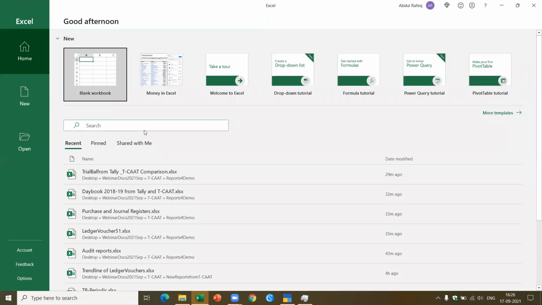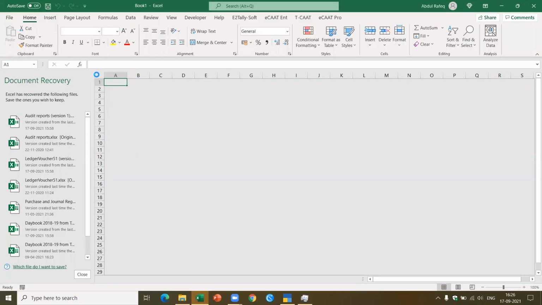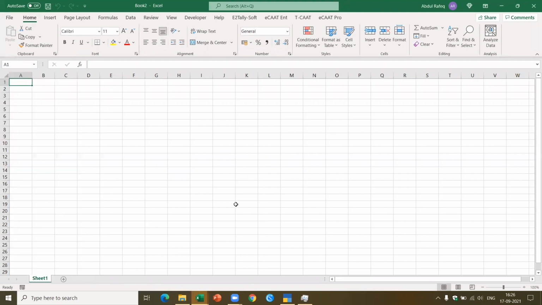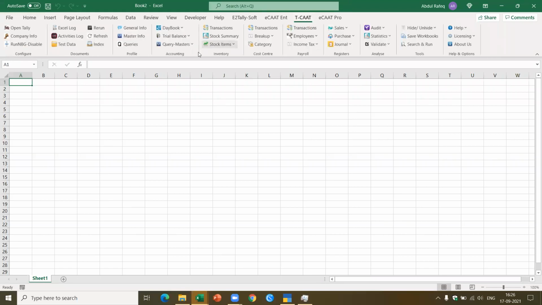Okay, let me open the blank form now, so it becomes easier. I'm going to keep this open. Okay, I've got this. I'll open one more sheet here. I've got a blank sheet here. What I want to show you is, we have already seen the trial balance. I want to show you the trial balance now. I got this trial balance.